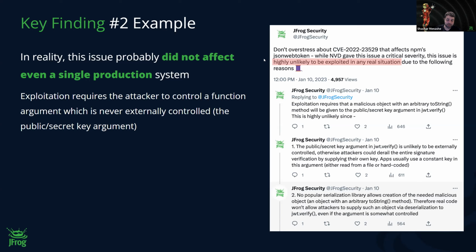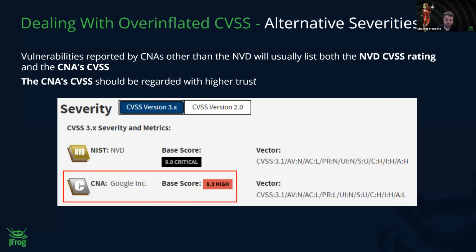This got so much feedback and pushback, actually, that the CVE was taken down about a week later. This is a rare case where it is taken down, but in most cases, it just remains critical and is never taken down or discussed. This was just the case because this package was really that popular, so the pushback was very large.